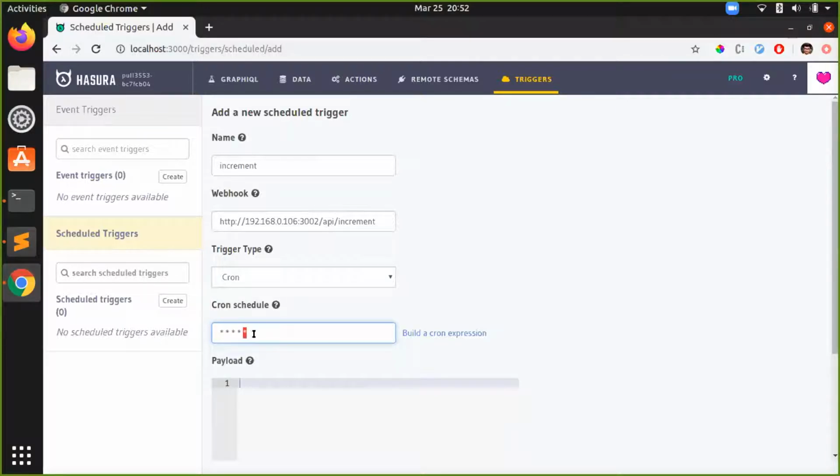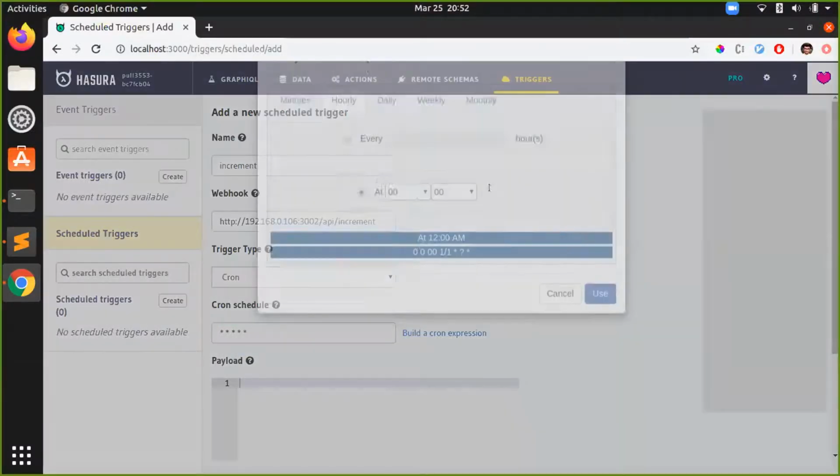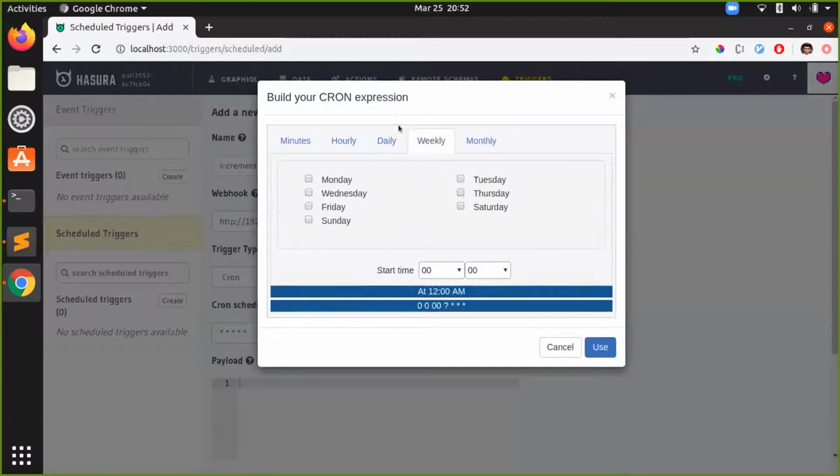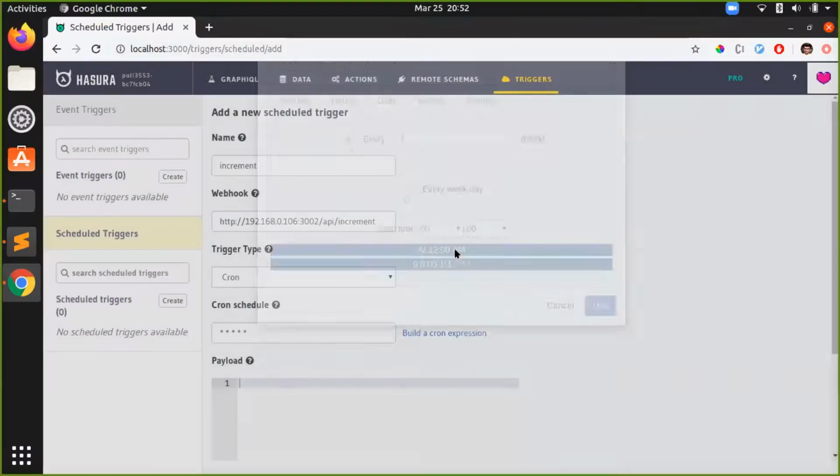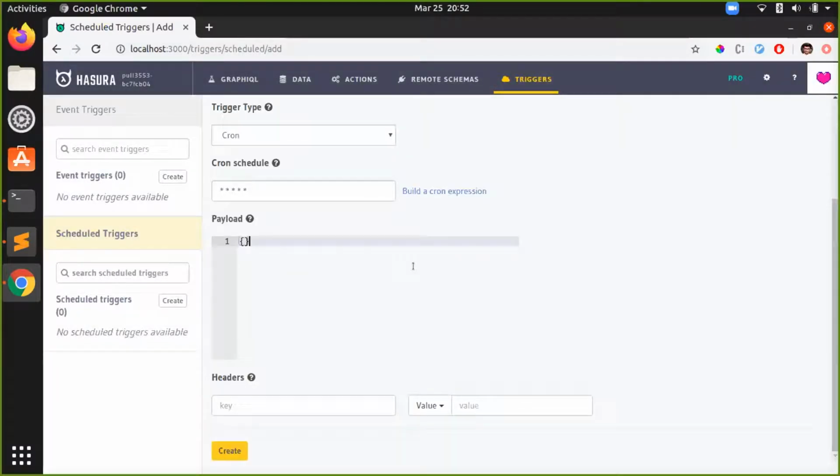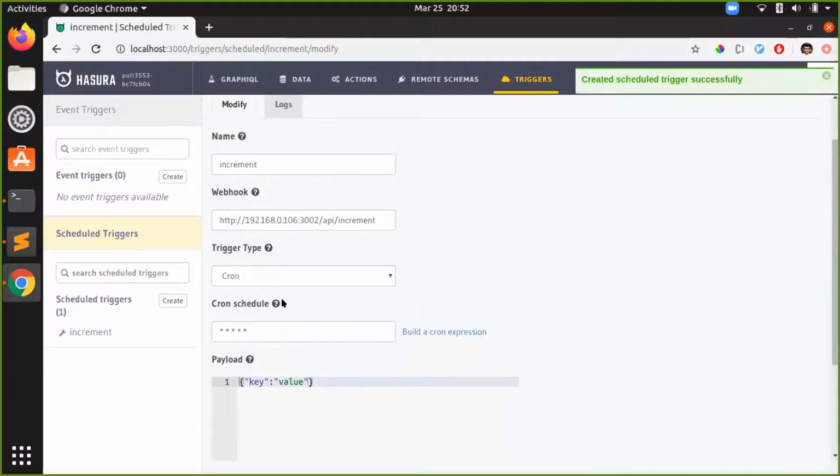Currently, I just wanted to run every minute so that we can see the changes in the demo. You can also build complicated expressions using the cron builder. And the payload, you can send any kind of payload here, key value. That's it. I'll just save it. Yeah, it's been saved.